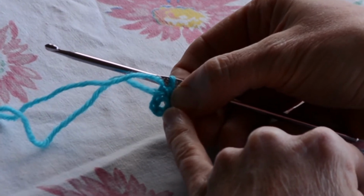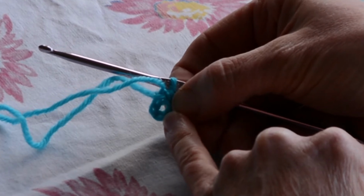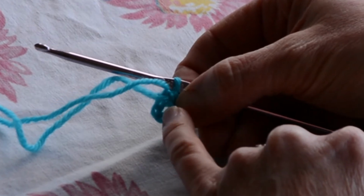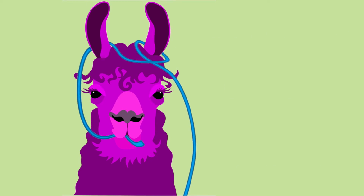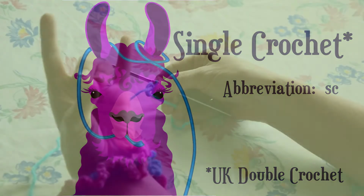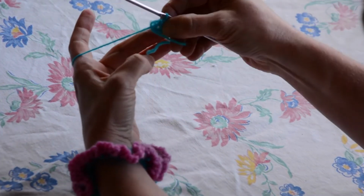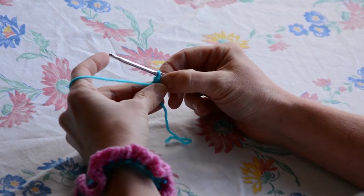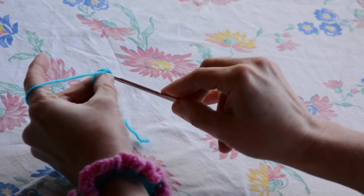So we are going to be learning how to single crochet working in the round. Okay, each of our stitches are going to go right into that little hole. Llama up, around the ear, across the forehead, and into the llama's mouth. For a single crochet, you're going to go into the hole,